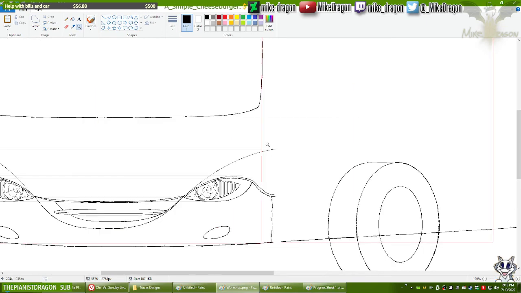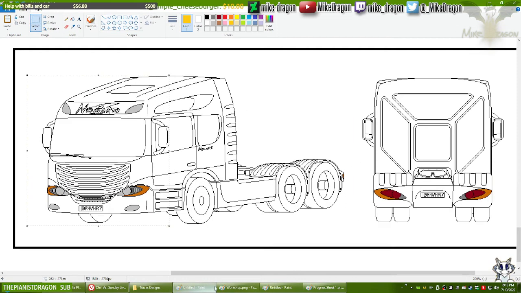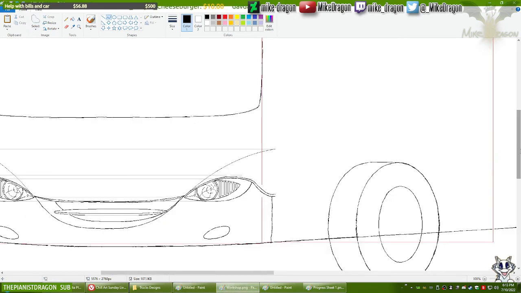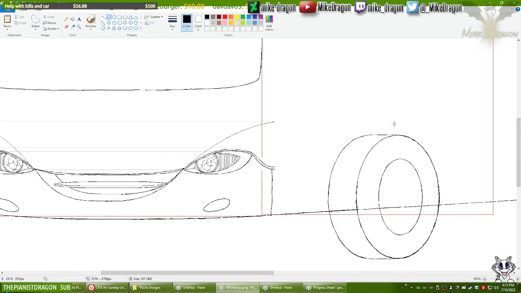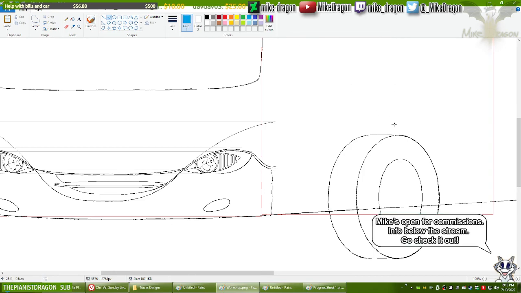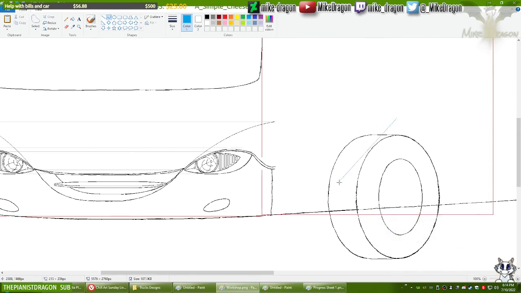Right, now it is time to draw the wheel arch. Because now that I have the wheel in place, I can use that as a reference. So this. Okay, that seems good. Now back here.